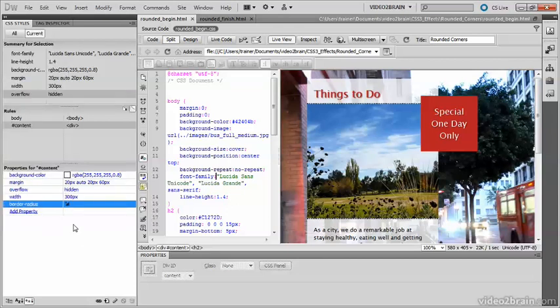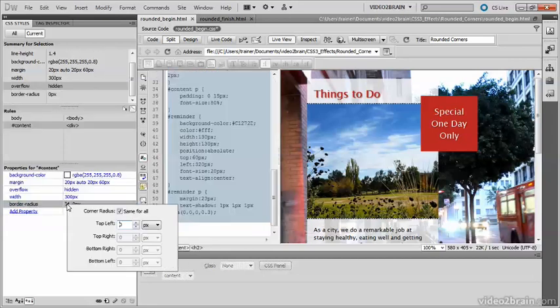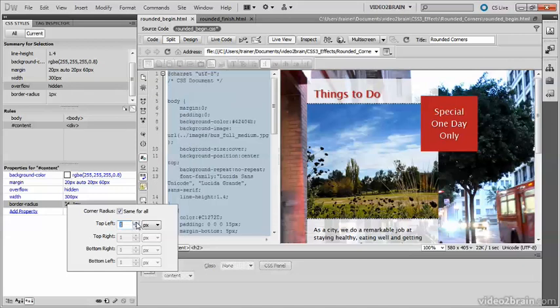When you select it, Dreamweaver puts a little icon in the value field. Click that icon, and you can set the corner radius to be the same for all. And if you set the same for all, you just need to change the value of top left. So as I begin to change the value, you should be able to see that the corner up here is beginning to change. And the more that I increase it, now at 15 pixels, you can see that there's a rather nice rounded